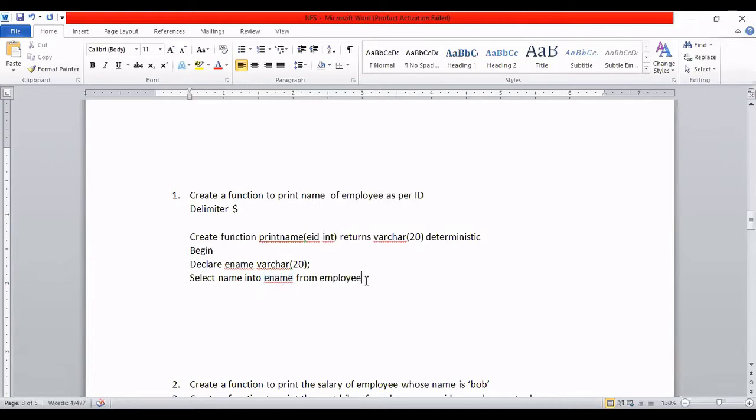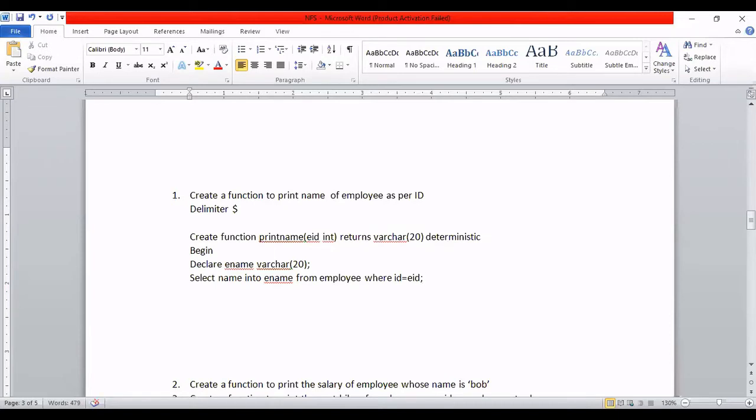Then it is a specific name. Because there are many names, I don't want all the names. I want that name whose ID is matching with this EID. Whichever ID value I passed here, let's say I passed 1, this 1 is stored in this variable. So I'll match it here. What will I write? WHERE ID equal to, ID is the attribute of the employee table. ID equal to some value, I could write 1, 2, 3 like that. But here, whatever 1, 2, 3 I am passing is kept in this EID. So that's why I can write here ID equal to EID.